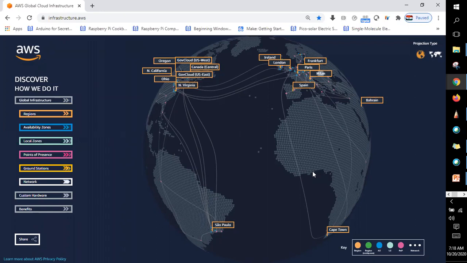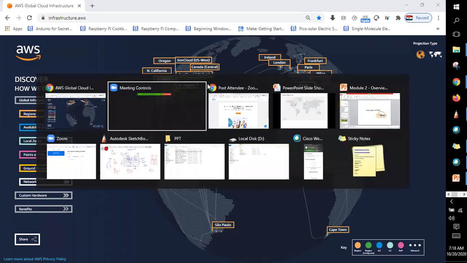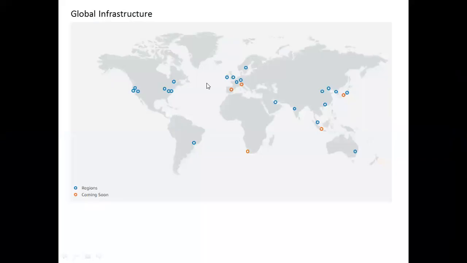So understanding regions and availability zones is a very basic thing which you need to understand, and it's very important. Please ask me if you have any questions on regions and availability zones right now, not later. Definitely not later, because if you understand this, then you will understand the other things in a smooth way.